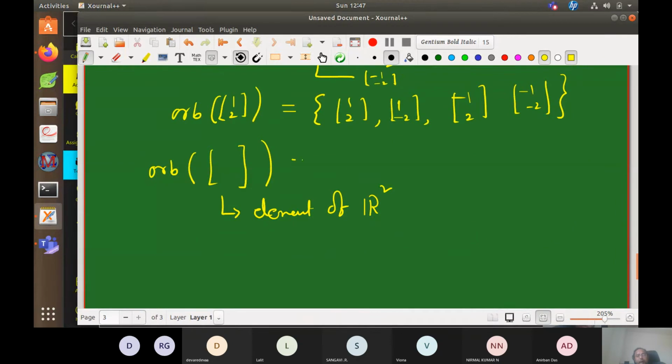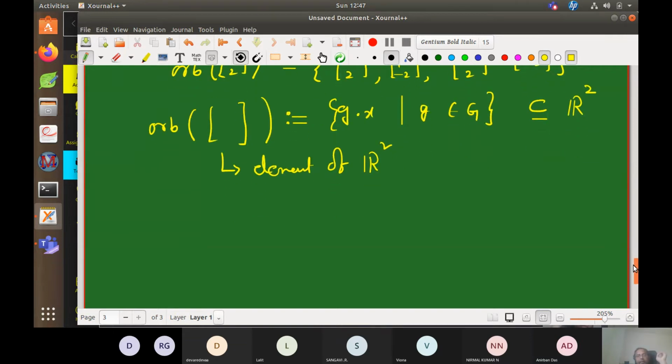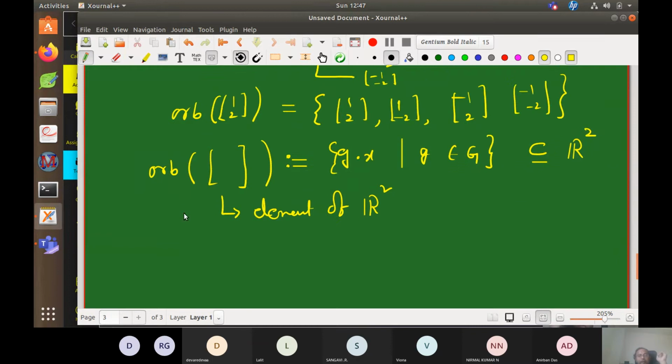How do we define it? I am asking naturally, I'm not defining yet, but you can first tell. Let g vary over G, then also g dot x. So it is the set of g dot x such that g belongs to G, right? So it is a subset of what? X. Here it is a subset of R2 in general. So I am going to define it in a while. For a general element, can you tell me the orbit?